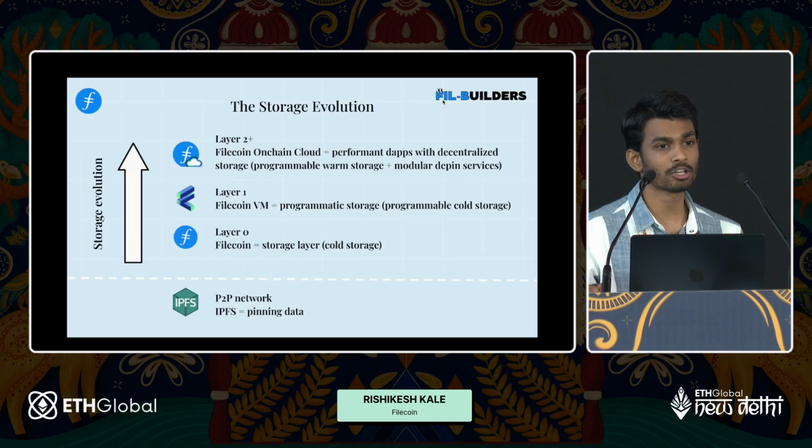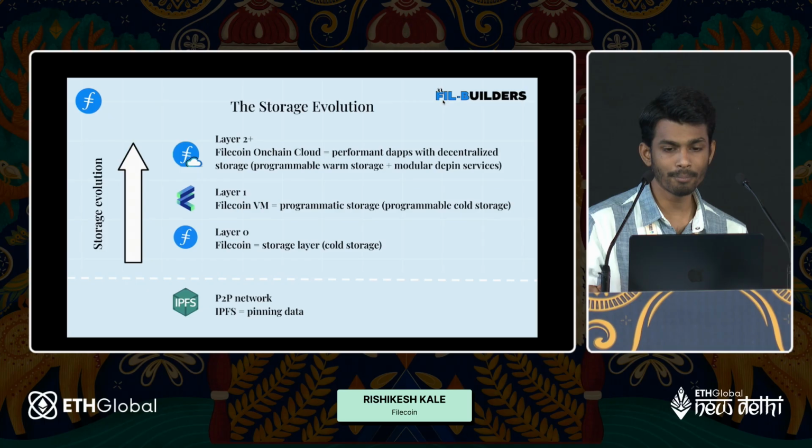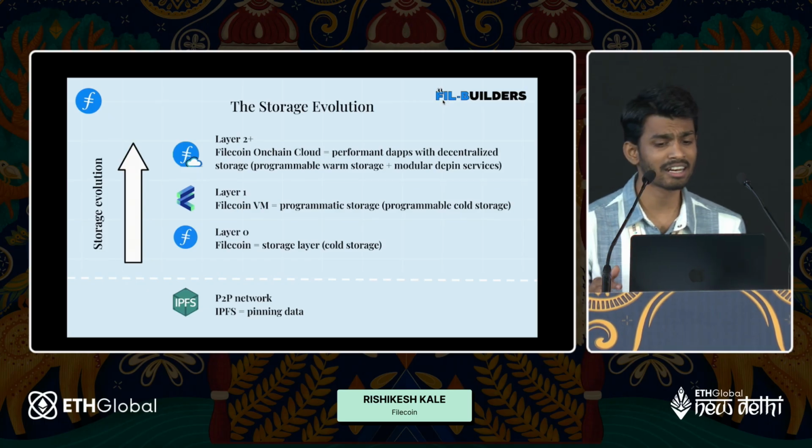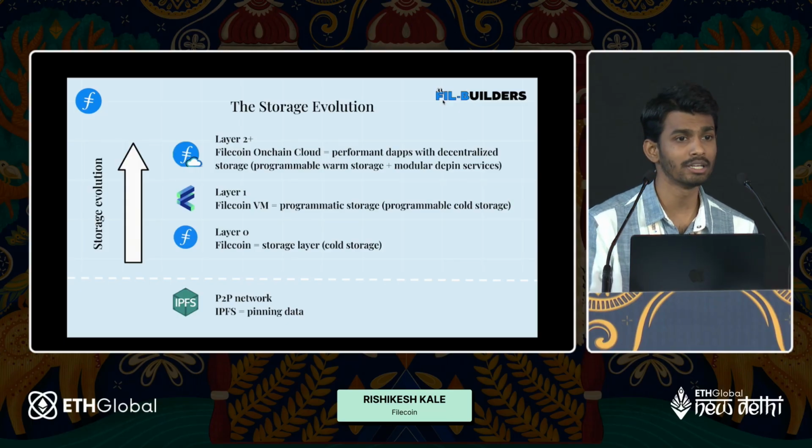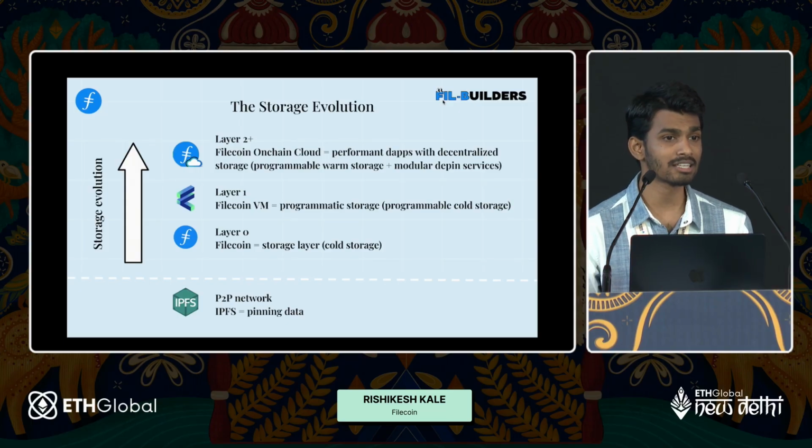And lastly, now we are talking about layer 2+, wherein we'll be discussing the revival of Filecoin around Filecoin Onchain Cloud. It would be a combination of performant dApps with decentralized storage, and also the sections you just talked about: the compute, the DePIN layer, as well as the retrieval layer. So we are seeking solutions around this, on how you can make use of this infra which we are providing, and you can directly store the data onto Filecoin using just another JavaScript SDK.